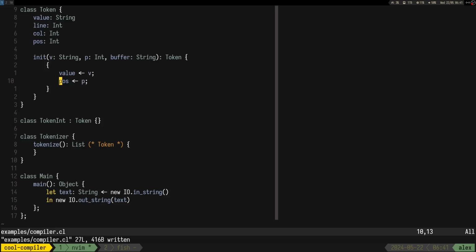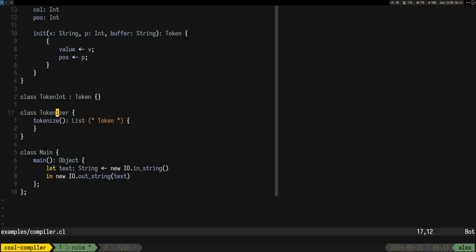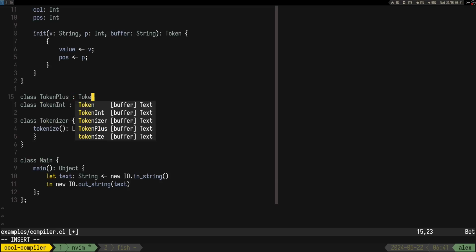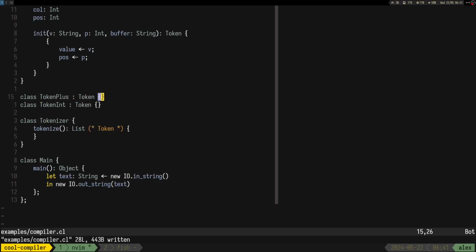I'll have to see how to deal with buffer because I think we have to split it by lines and then, you know, compute the line and the column that way. But for now, let's just keep it like this. So let's add a couple more tokens, like simple tokens. For example, plus. And I mean, let's leave it like this for now.